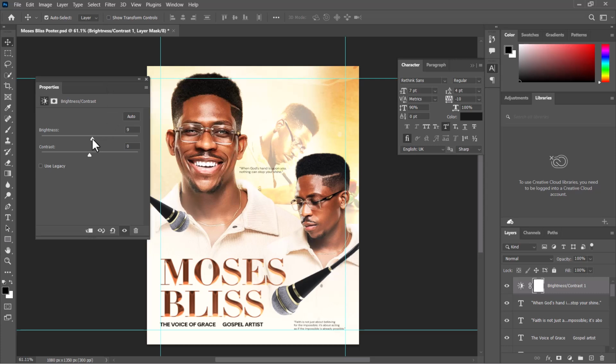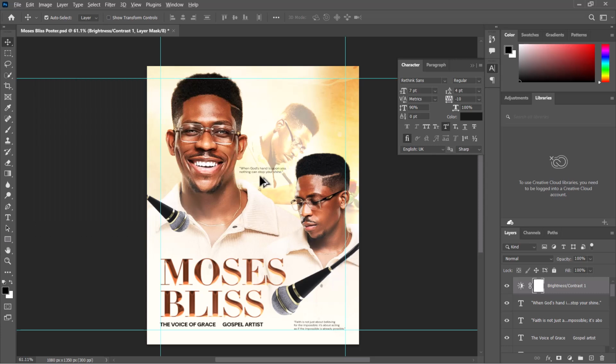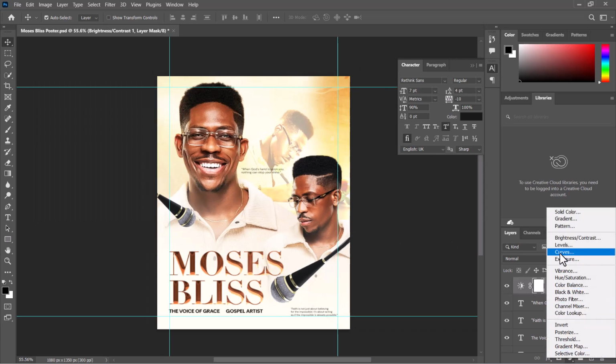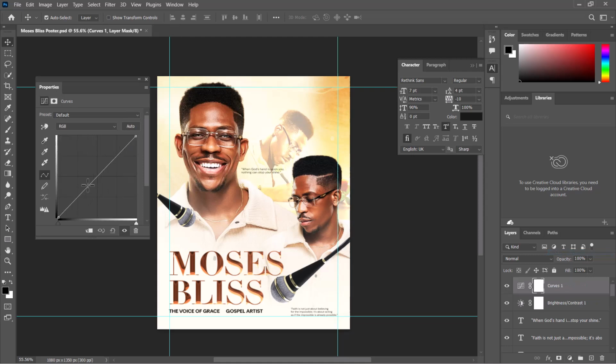You can increase the brightness slightly like this, increase the contrast, something like this, or let's just leave this like this, for example. And then you can do curves just to adjust it. It might be too bright, but if you use curves, you take it down